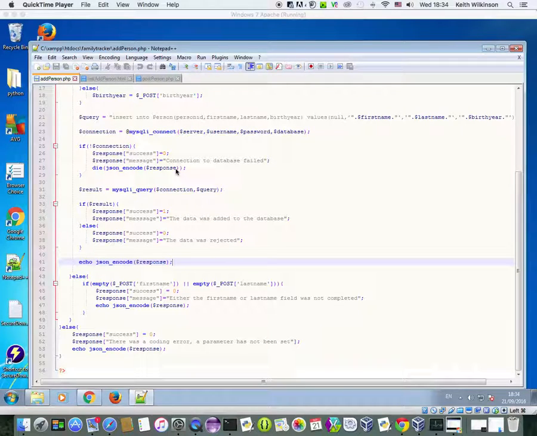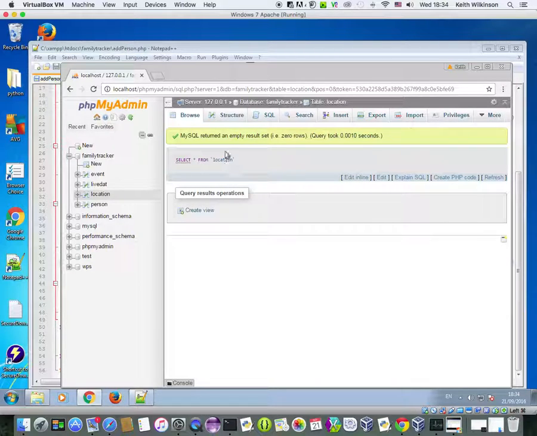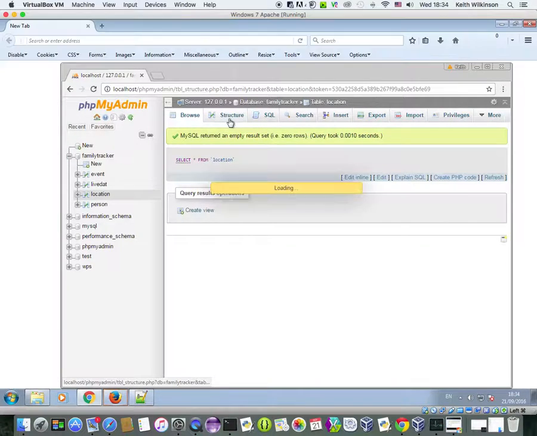With the add person endpoint working, we ought to have a go at the add location, which is very, very similar. So if we go and take a look at the database, Chrome database, and take a look at location and the structure,